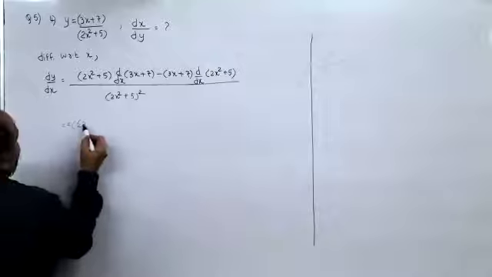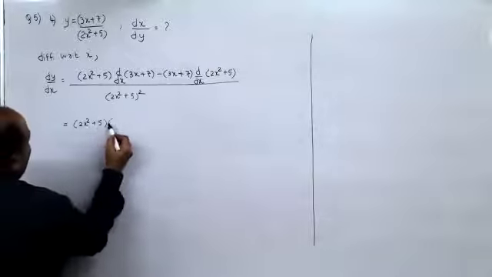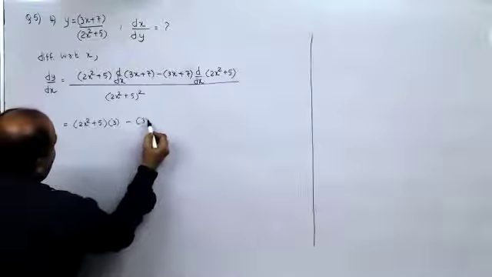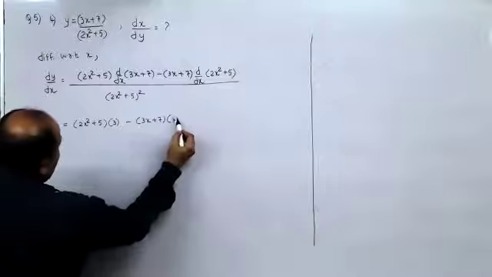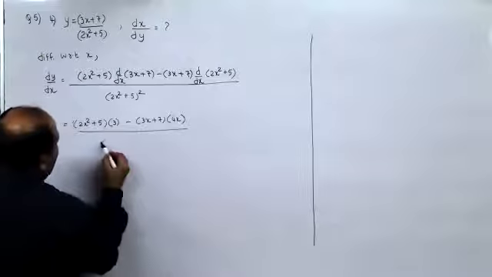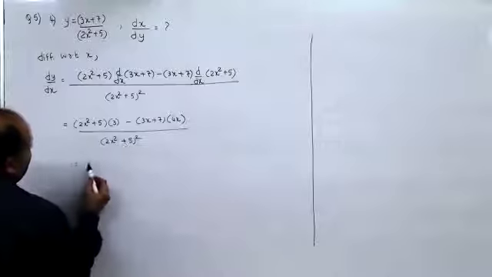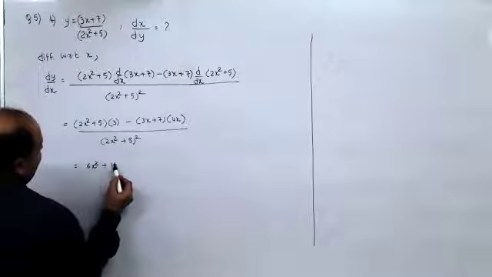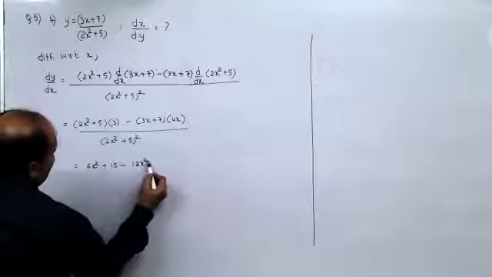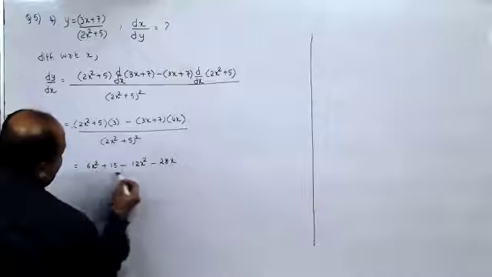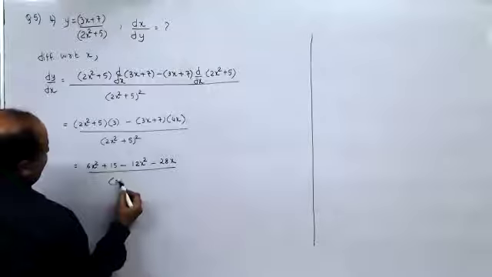So this would be 2x square plus 5. What is derivative of 3x plus 7? It is 3. This is 3x plus 7 into 4x divided by 2x square plus 5 the whole square. So this would be 6x square plus 15 minus this is 12x square minus 28x divided by 2x square plus